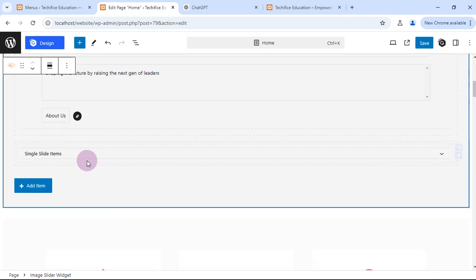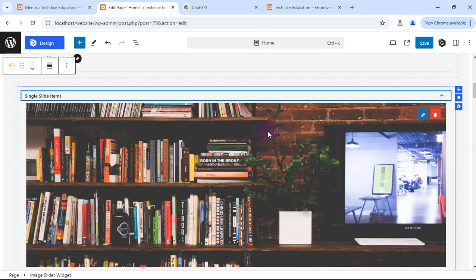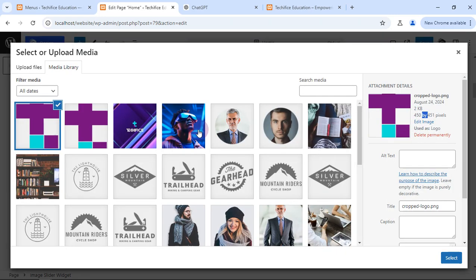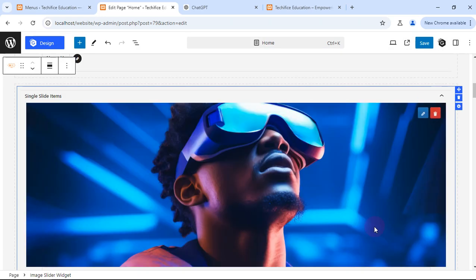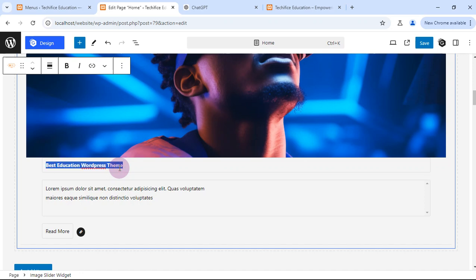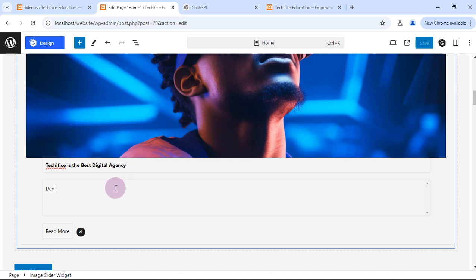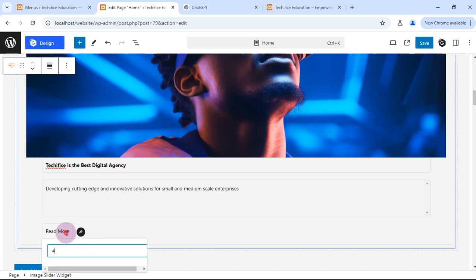Let me just click about us, and then the second one, if I click this too, I don't want this picture, I can edit it. Actually, I don't have much picture here. Let me just use this again, and I say Techifees is the best tech agency, and I can say developing cutting edge and innovative solutions for small and medium scale enterprises. So this read more, let me just say contact us